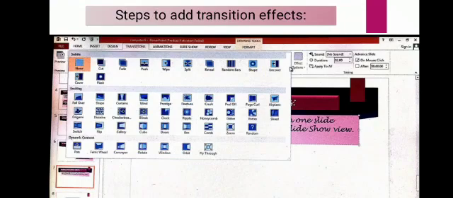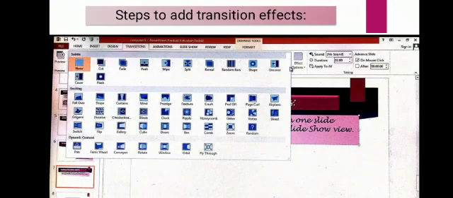If you select on mouse click, the slide will change or this effect will show when you click the mouse. Or if you select the after checkbox, then after completing the duration, the slide will automatically change to the next one. So you can choose according to your convenience.